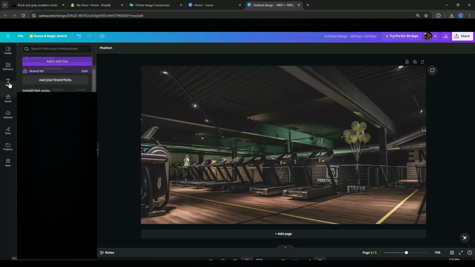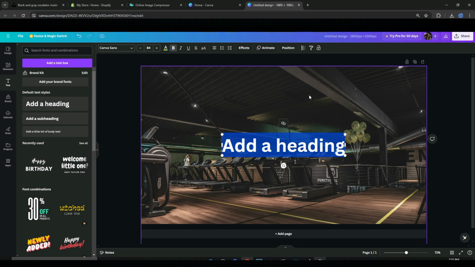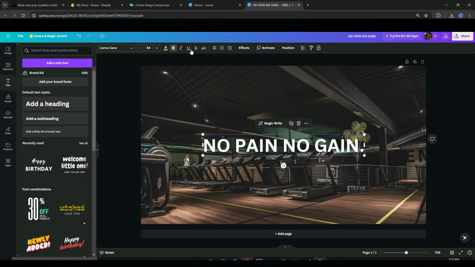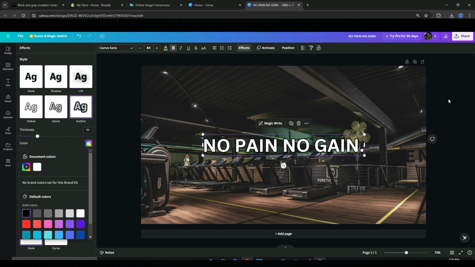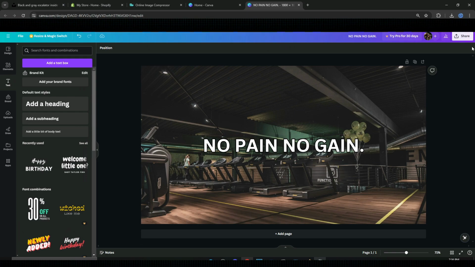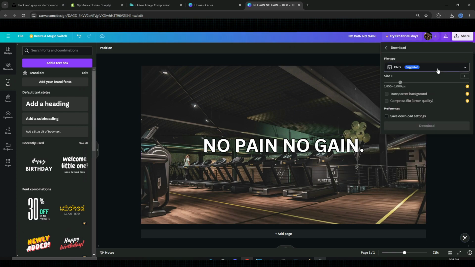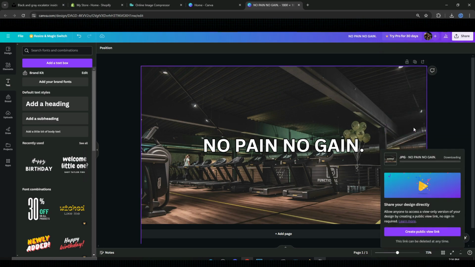So from there, now we're going to put a heading on our background. Let's put a generic one like "no pain, no gain," like that. We're going to adjust it to whatever design we want, put an outline like that. So from there, we're going to simply download it as a JPEG. Download. And from there, after downloading the image,